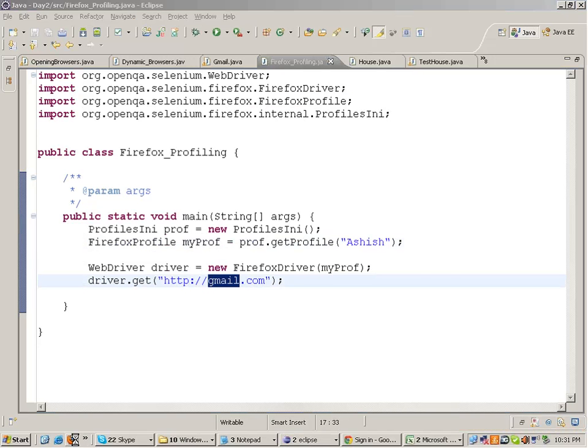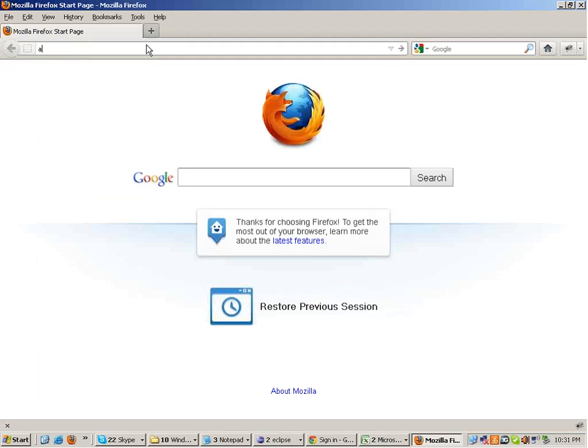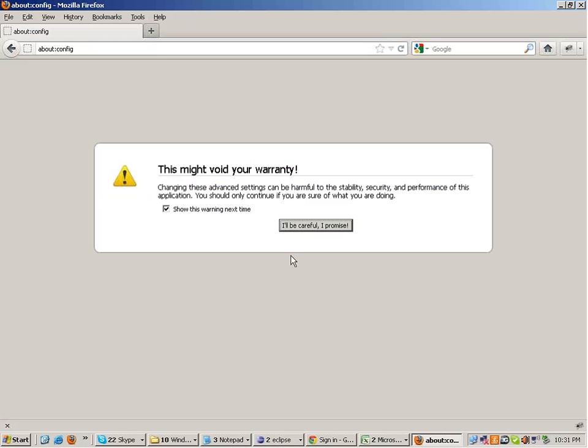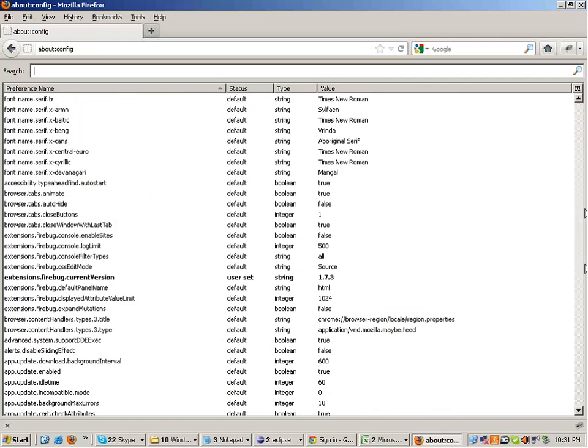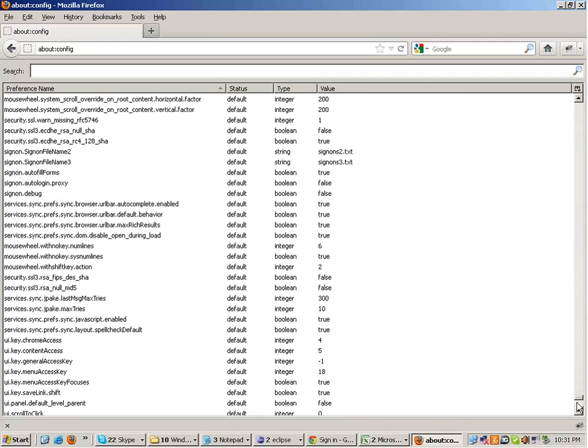What does it mean by saying careful? It means that if you are going over here, you can virtually do anything with the browser. That's why they are using the word careful. You can change the Firefox browser completely through this.